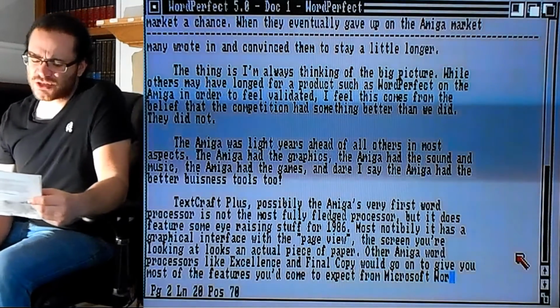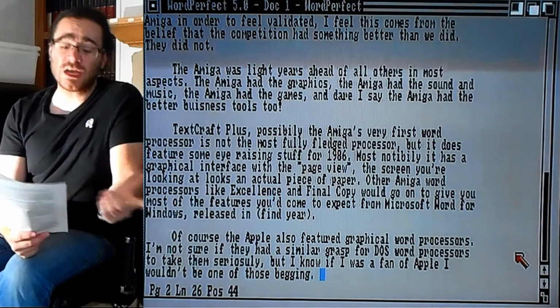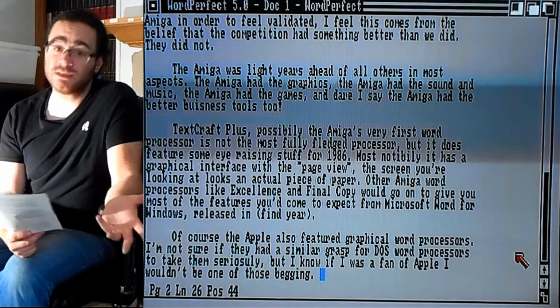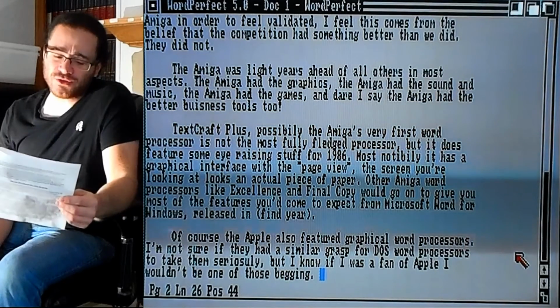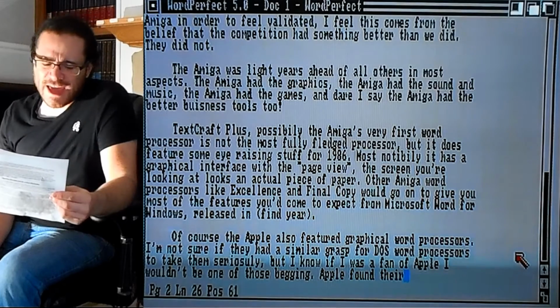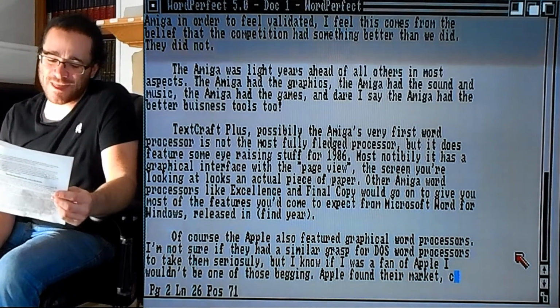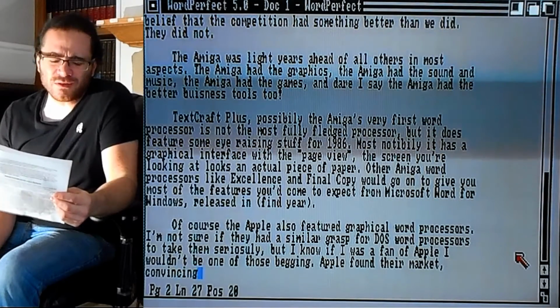Other Amiga word processors like Excellence and Final Copy would go on to give you most of the features you'd come to expect from Microsoft Word for Windows, released in 1991. Of course, the Apple also featured graphical word processors. I'm not sure if they had a similar grasp of DOS word processors to take them seriously, but I know if I was a fan of Apple, I wouldn't be one of those begging.